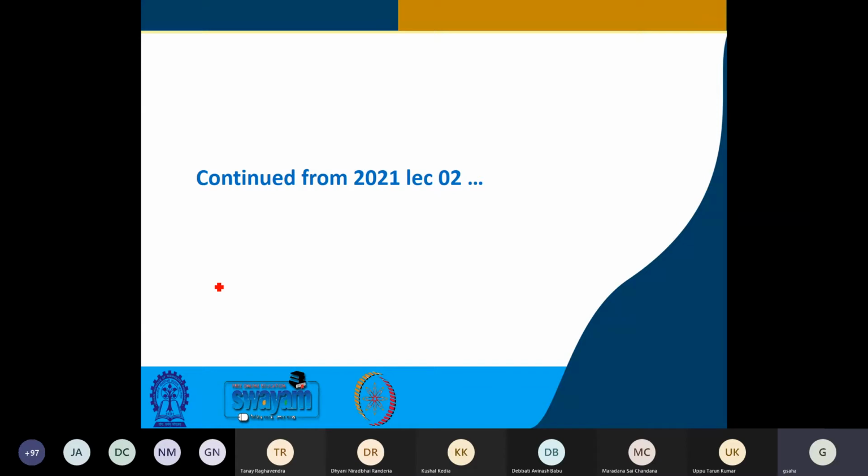So just to connect to what we had discussed at that time and the notation that we had used, I shall show you some of those slides just as a recap of what were there in lecture 2. These are not new slides, so we shall quickly pass through it just to get connected to where we left at that time, and also the notations that we have used so that we can continue with those notations, and we know what they represent, their significance.